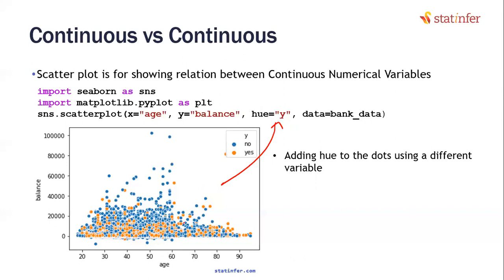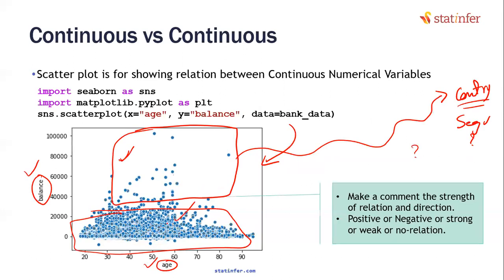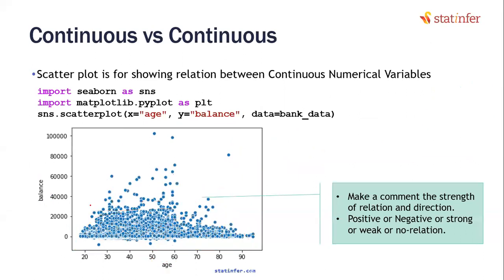Yeah. Can we say balance is constant? I would say balance is indifferent. Constant has a different meaning; constant means the same value. I think you mean to say balance has a constant range. No matter what the age is, in all ages, balance has a constant range. That means when the age is in the 20s, it is between 0 to 20,000, 30s, between 0 to 20,000, 40s, 50s, everywhere the balance range is 0 to 20,000 only. I don't see any impact of age. That's right. So if you're thinking that way, yes, balance is indifferent compared to age.